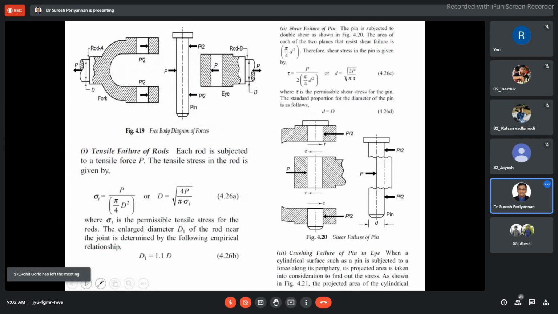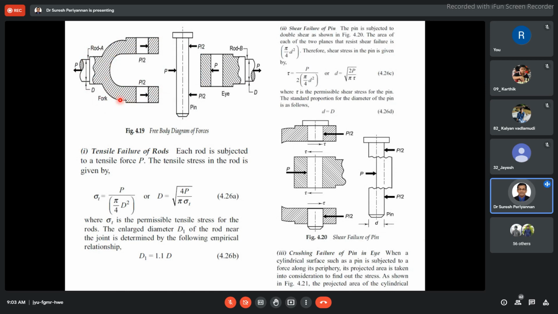Now see here, in the earlier discussion of the quarter joint, we used the equilibrium force, right? For maintaining the equilibrium condition, only then can we perform the mechanical action. First we consider the left side force acting on the fork end must be equal to the right side force acting on the fork end. Here is a force P, here is P by 2, the summation of the forces is going to be 0. Our resultant force is going to be 0. Hence, this is the equilibrium condition of the fork component.